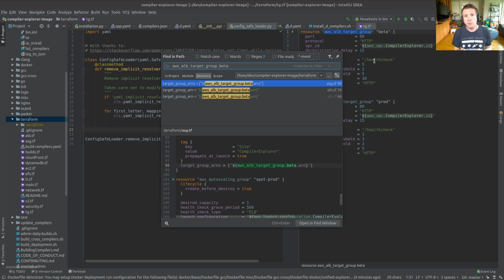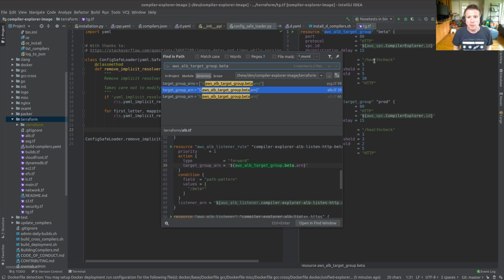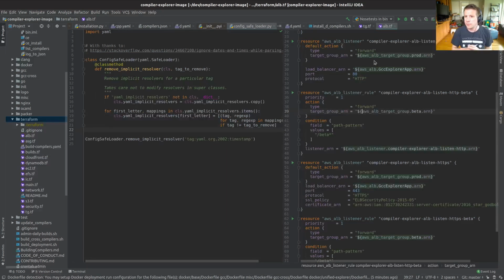So the auto scaling group is the configuration itself to scale in and scale out instances, and when they do, add them to a group of machines. So obviously there will be a beta group, which is currently set to always be exactly 1 instance, but I'm using auto scaling groups just for convenience. And when machines are created in that group, they should be registered in this target group. So that's that one. And there are 2 references in alb.tf. So let's go and have a look at alb.tf.